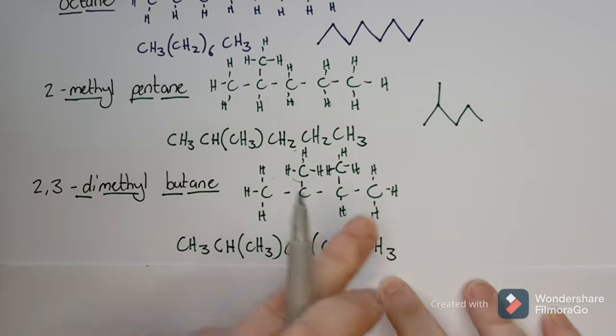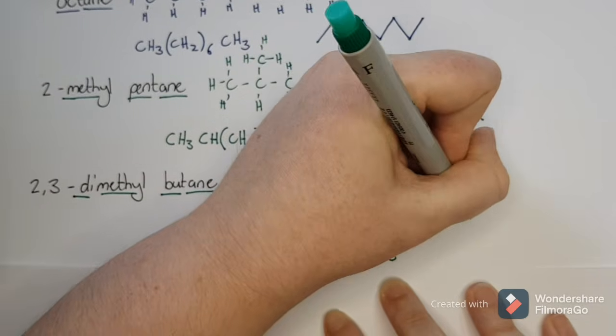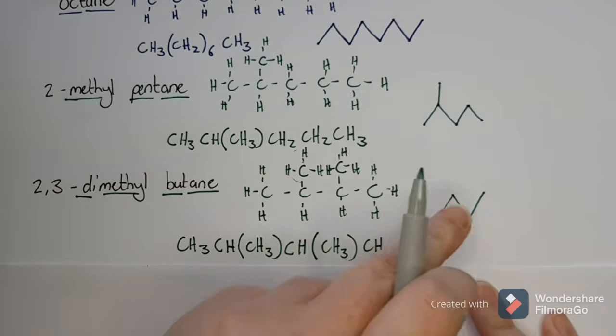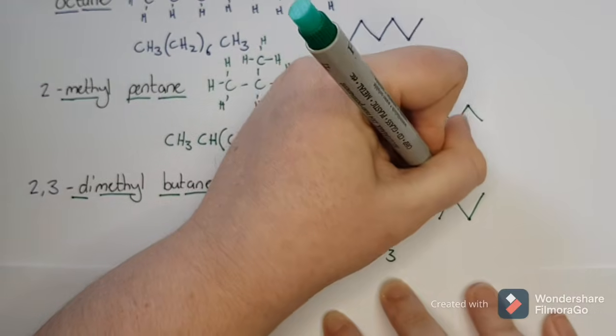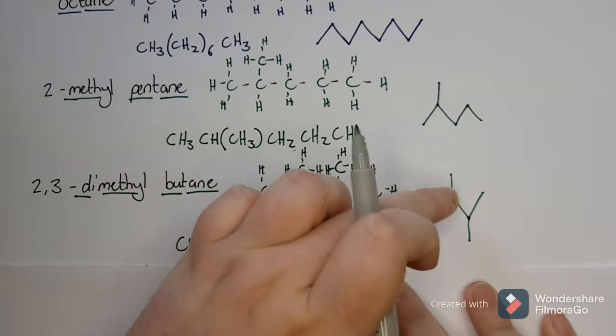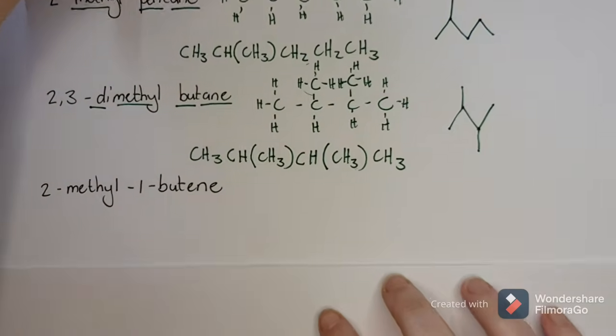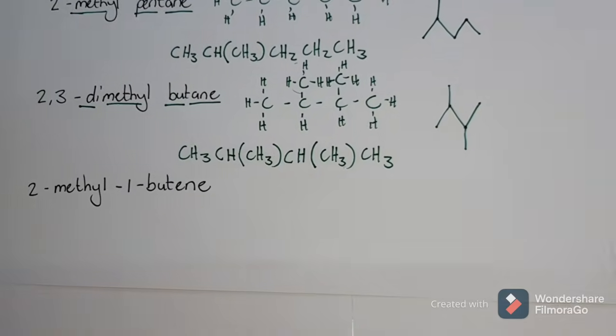CH3. And then skeletal formula, 1, 2, 3, 4 carbons, and on carbon 2 is a side chain, and on carbon 3 is a side chain. So like I said before, this one goes up and this one goes down. So then if we look at our next example,